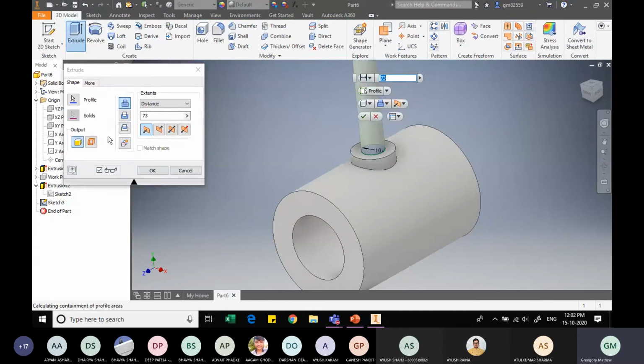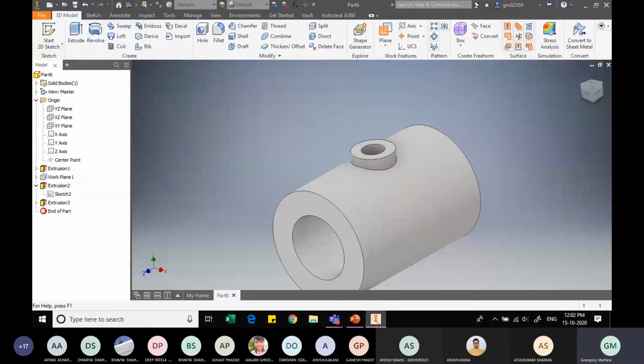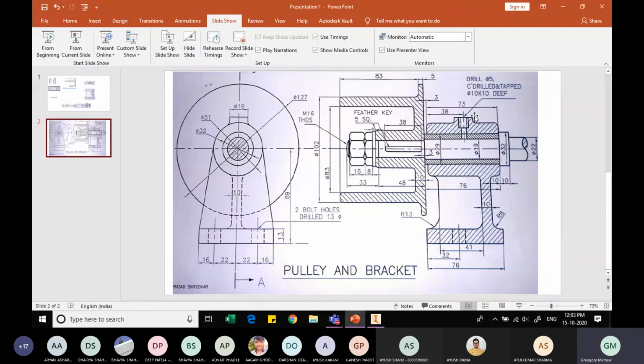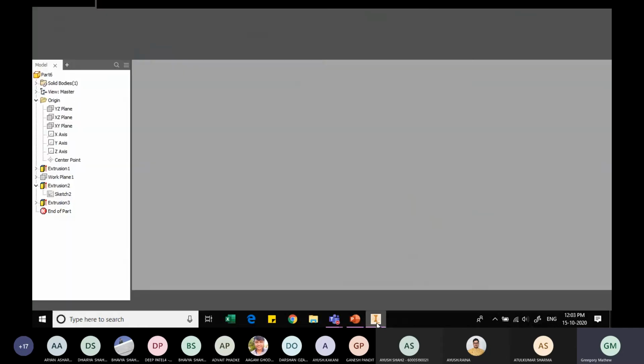एंड एक्सट्रूडेड डाउनवर्ड्स, नीचे के तरफ, मतलब कट करना है टू अ डेप्थ ऑफ 10 mm. क्यों 10 mm? क्योंकि यहाँ पे बोला है इट इज 10 mm, 10 by 10. और इसके बाद वाला जो पोर्शन है उसको हमें 5 mm का होल करना है. दैट इज, यहाँ पे लिखा है इट इज ड्रिल 5, diameter 5 mm.